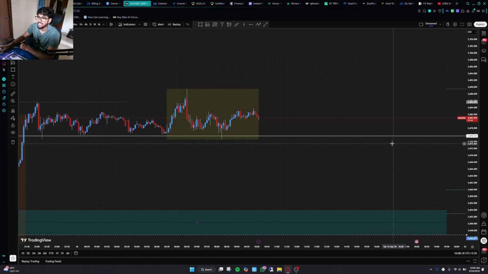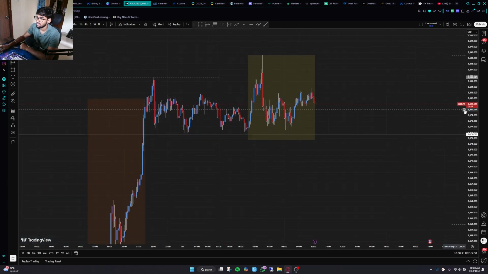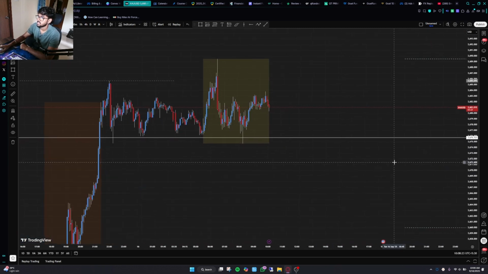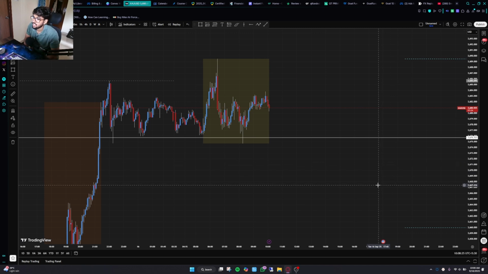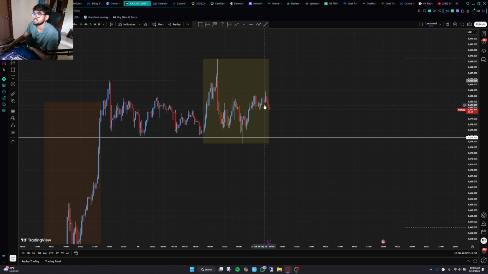Very choppy. You can see gold is building a range, it's consolidating. It's probably making space for its next big move. Asia, though, for my Asia setup, just like yesterday, Asia looks to be, no, can't really say what is the direction of Asia right now. So I think I'll just try to get some basic scalps, right?